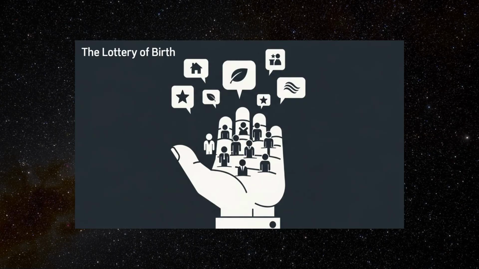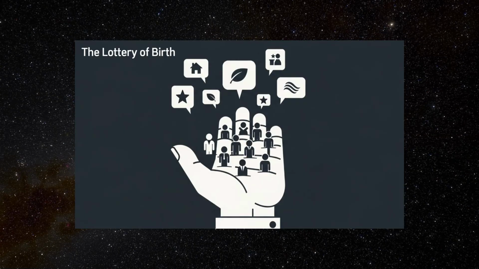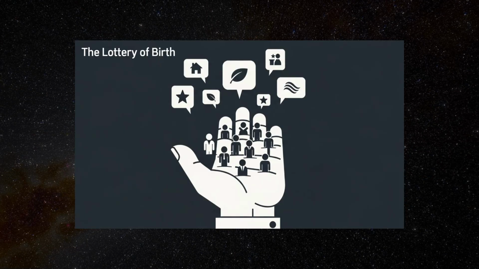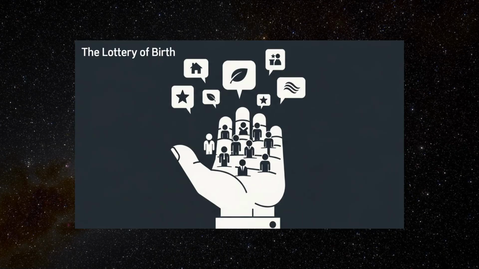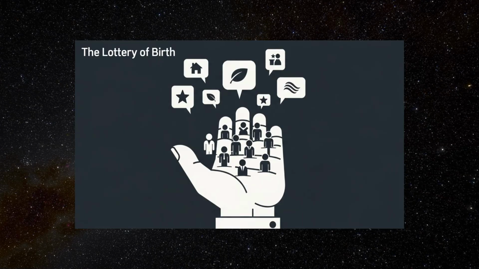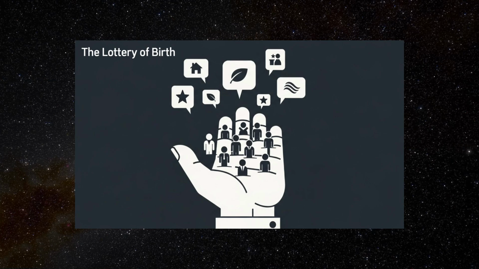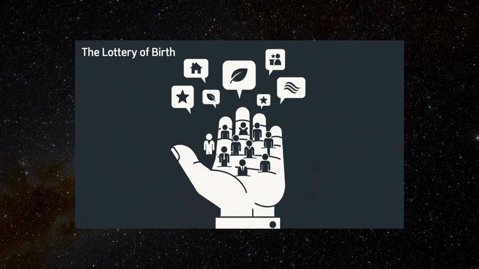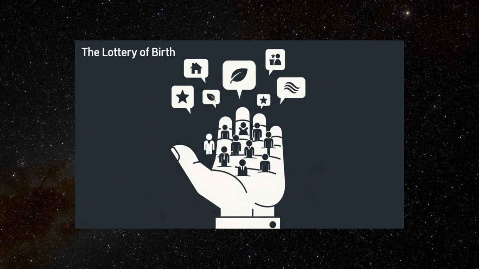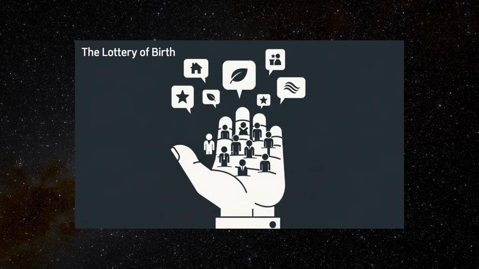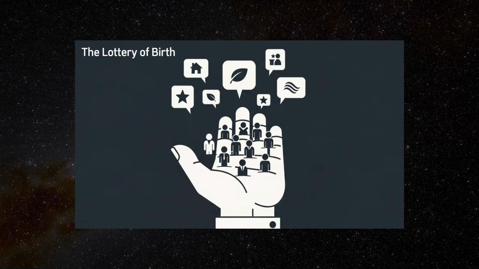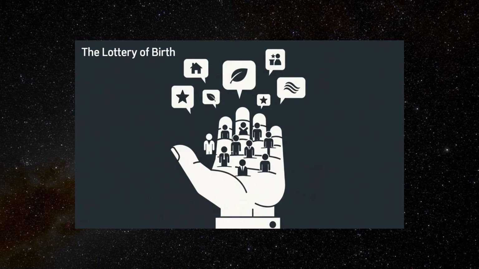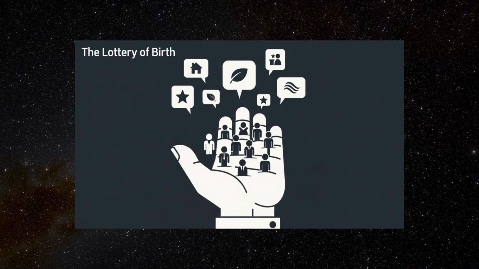someone's entire life. The paradox deepens when we consider how strongly we tend to identify with our birth group, our nation, religion, ethnicity, as if it were somehow chosen or earned. In reality, most people accept their inherited identity without question, often using it as a basis for pride or exclusion of others, despite it being the result of pure chance. This psychological attachment adds another layer of tension between the randomness of birth and the deeply entrenched systems of inequality